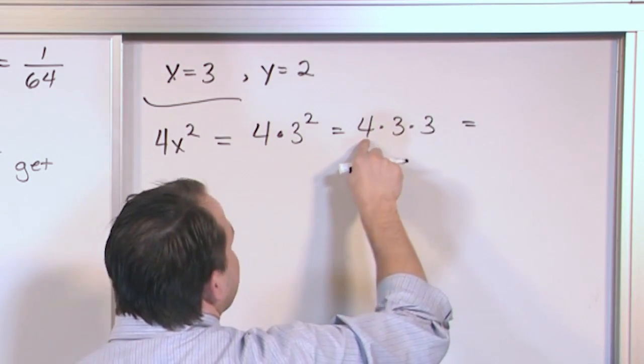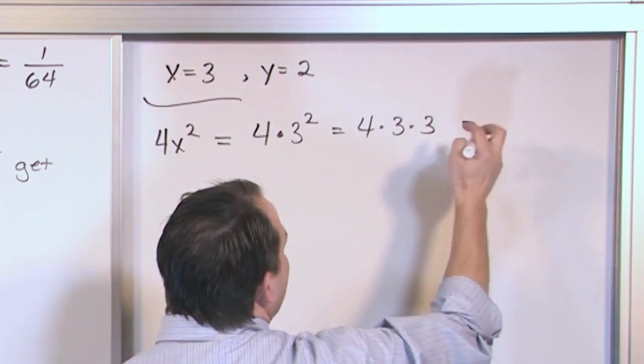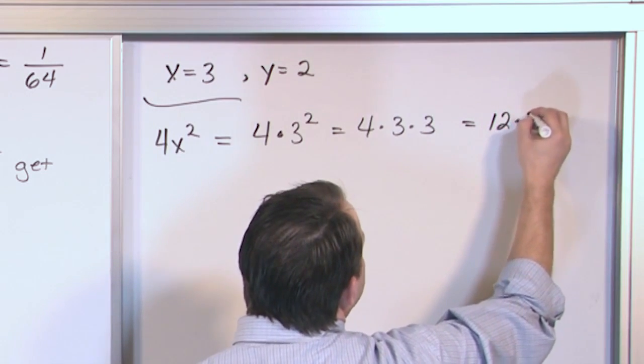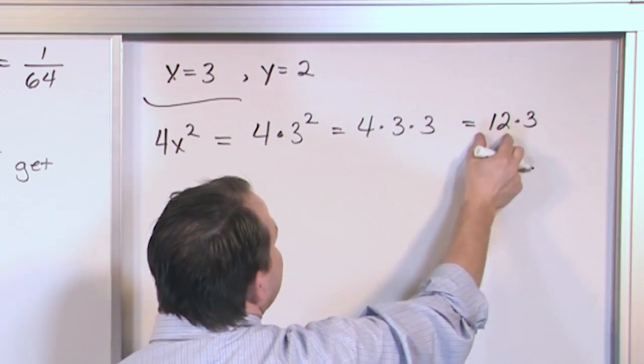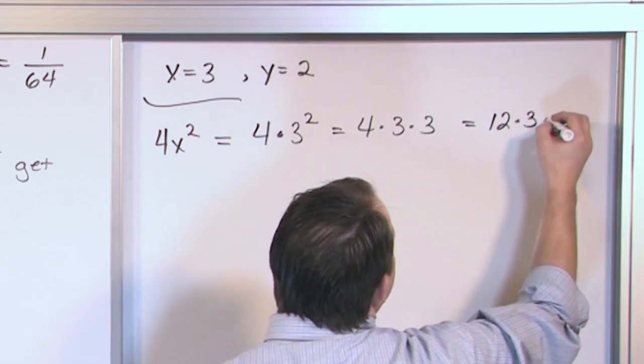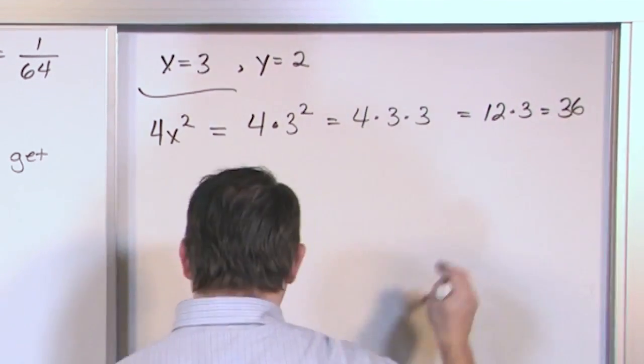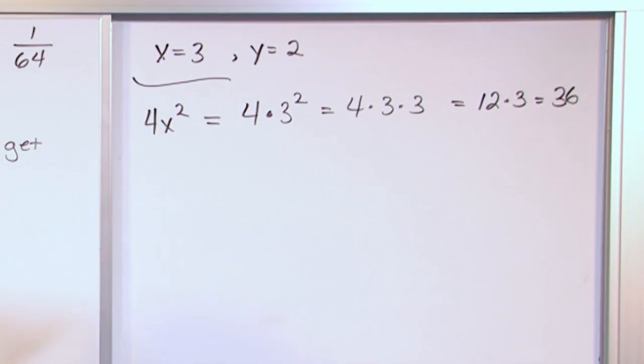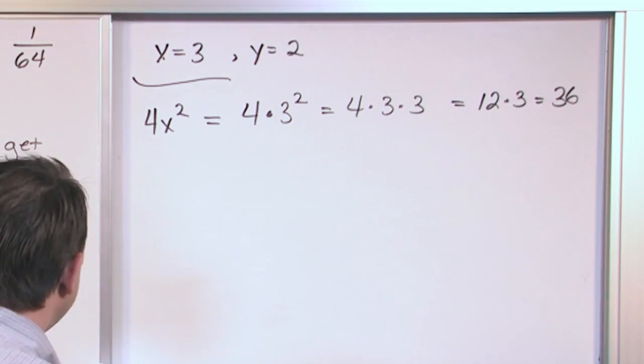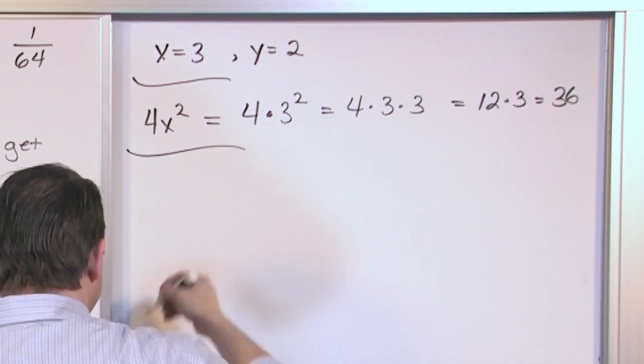So, starting from left to right, 4 times 3 is 12. So we have to continue. We put 12 here because that's equal to 12 times 3. 12 times 3 is 36. So the answer is 36. All right? Okay, now the next thing we need to do, just as another example,